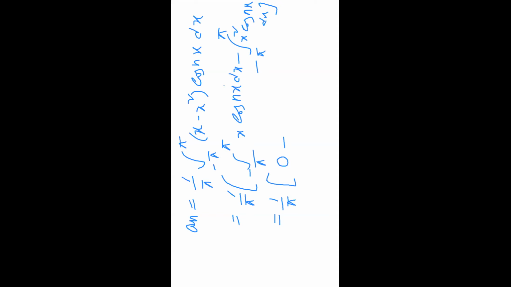Next, minus. Here also the limits are negative to positive, and we calculate whether the function f of x is even or odd. X square, the power of x is 2, and 2 is even. So the first function is even and cos is always even. So even into even is plus, plus into plus is also plus. Plus means even. When f of x is even, we have to write the integration from minus pi to pi as 2 into the integral 0 to pi of x square cos nx dx.